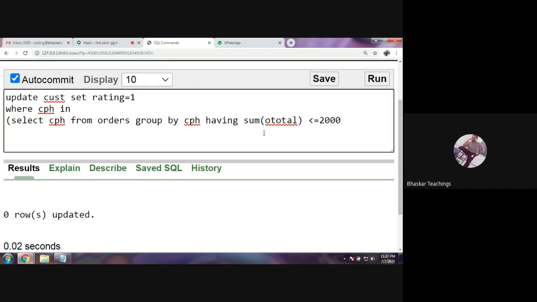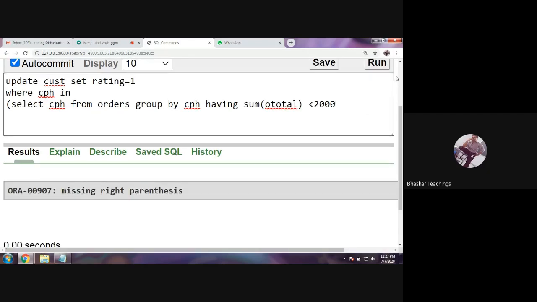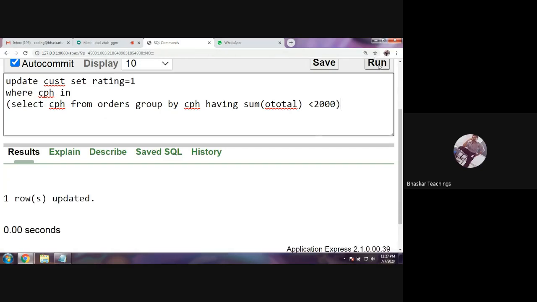For the remaining customers, we should give rating 1, that is less than 2,000. This is perfect. So for the remaining customers who have a total bill less than 2,000, give them rating 1. Okay, close bracket, and one row updated.